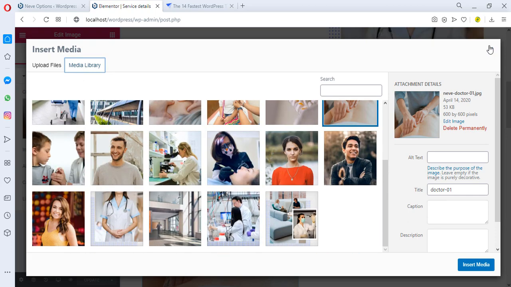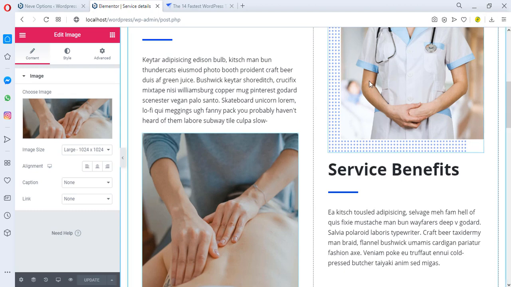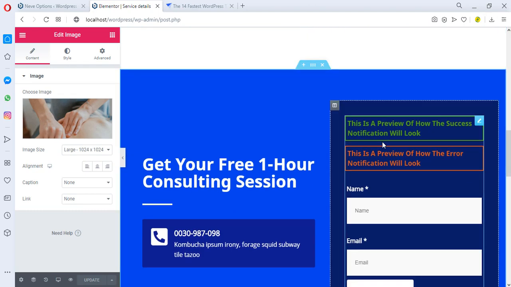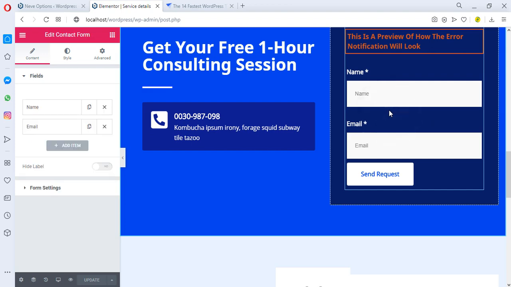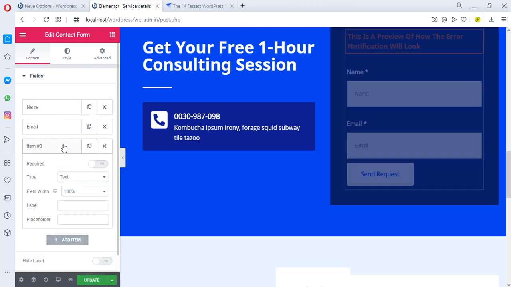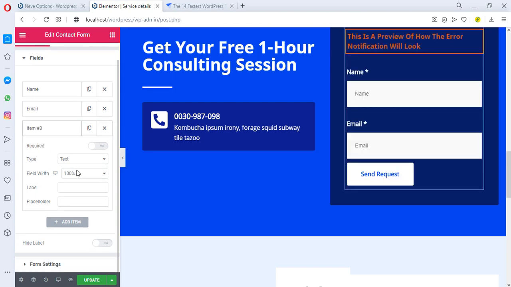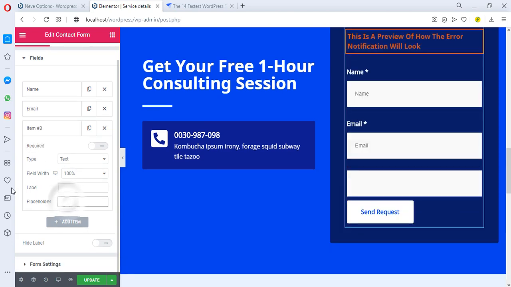So you can just go down here, install new images, and you can edit everything entirely. There's practically nothing you cannot edit, and that's the beauty. So here you have name, email, in case you want to add a phone number for example, you can just come here and type in phone number here, and then